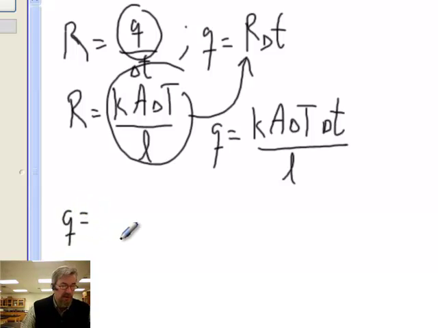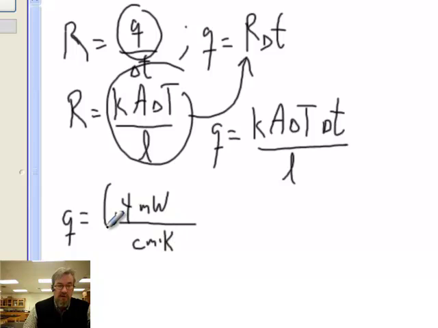Now let's plug our numbers in here, without thinking about units at first, and see how things are going to work out. If I have 0.4 milliwatts per centimeter Kelvin, which is for glass wool, that's the thermal conductivity,